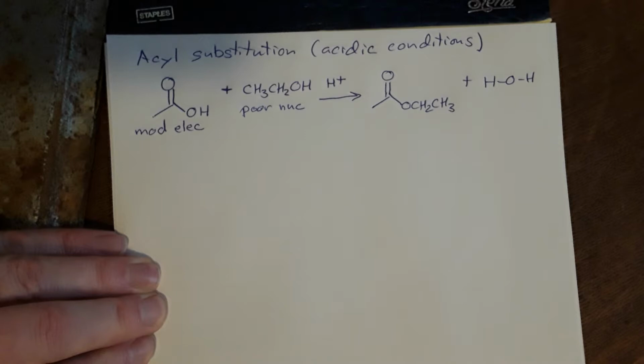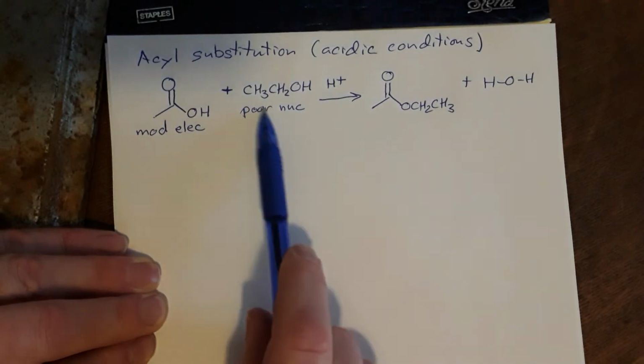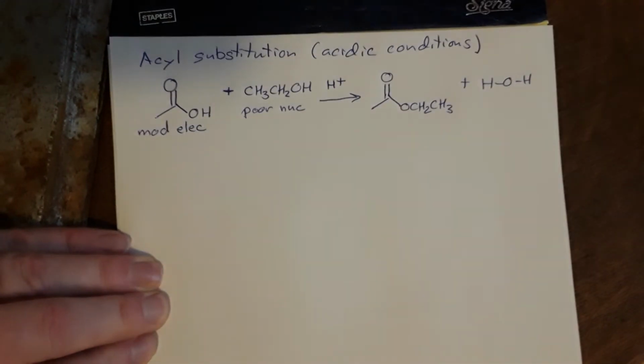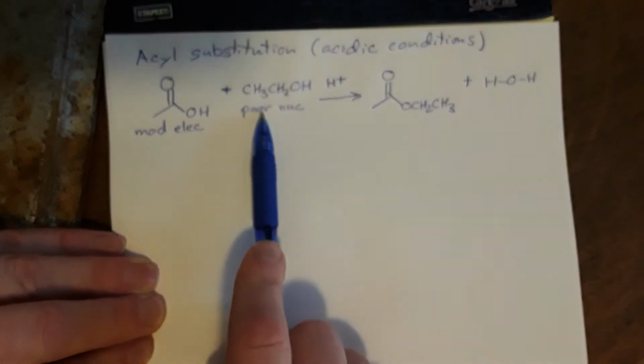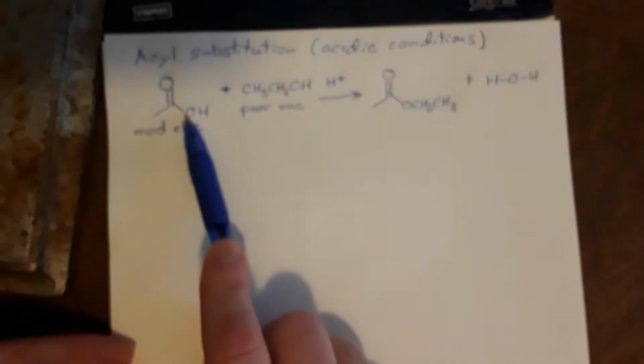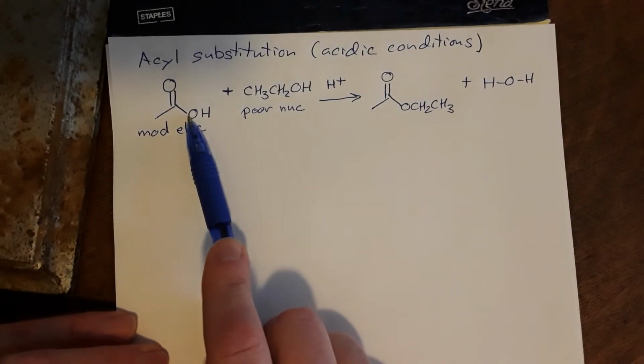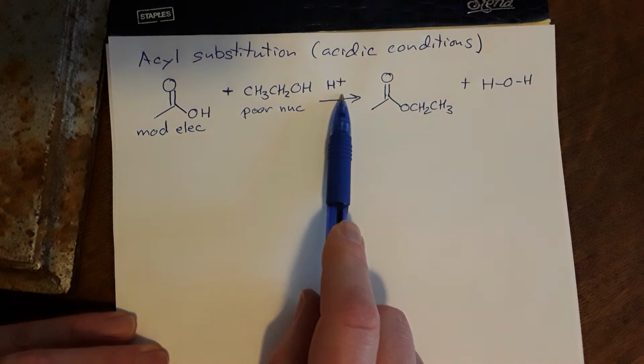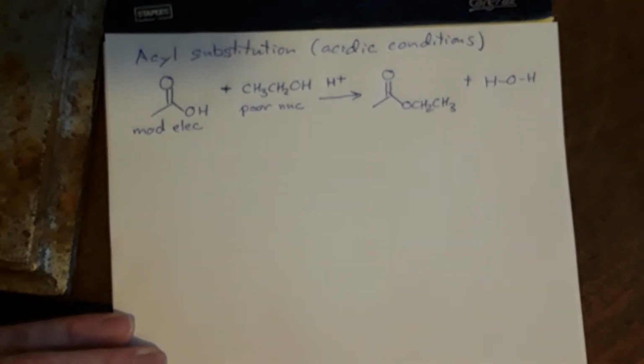Okay, so it turns out that if you put these two things together and come back 20 years later, what you see is very little has actually happened, because we have such a poor nucleophile. So either you have to make this a better nucleophile or make this a better electrophile. And under acidic conditions, we can't make something a better nucleophile, so we're going to have to improve the electrophilicity